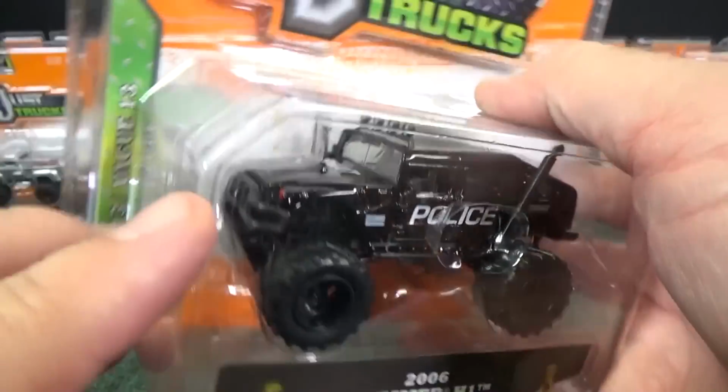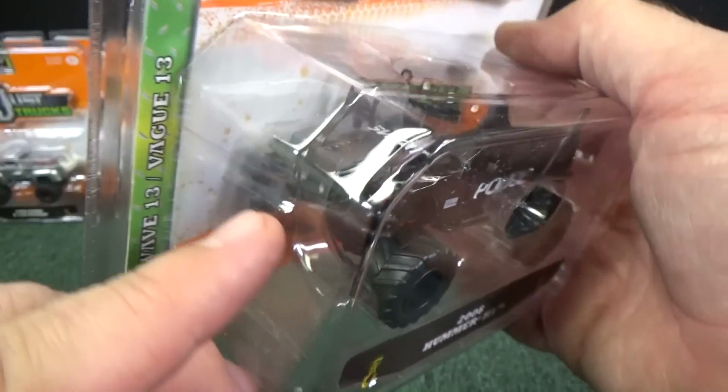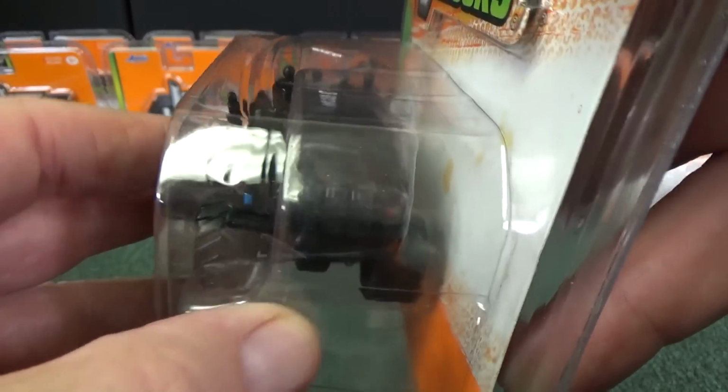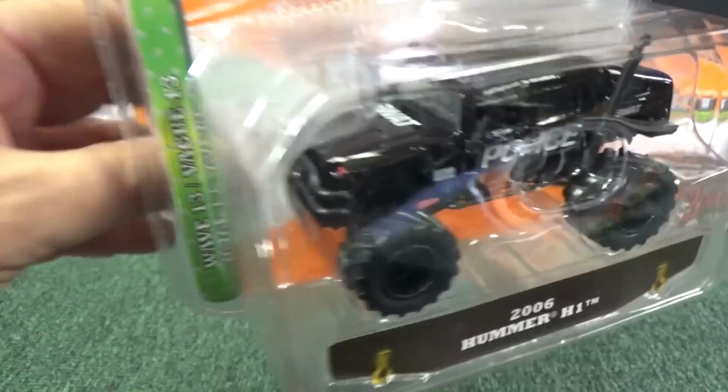You know what's neat on this? It's a police SWAT vehicle, right? It has a red light on this side and a blue light on the other one. Hard to see, but in the back you can see they have one light that's blue and the one over here is red. That's kind of cool actually. Now here we're going to have the